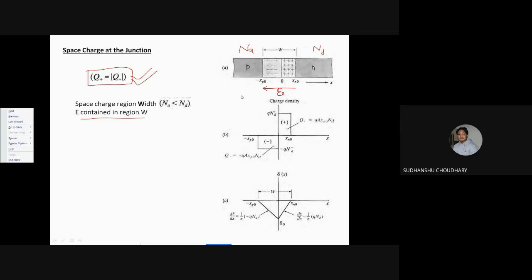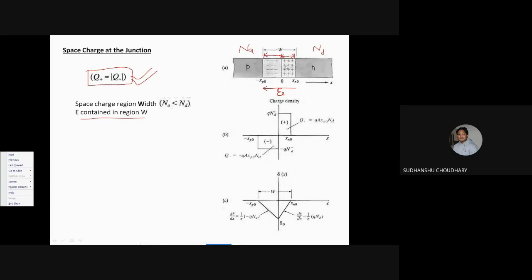Okay. So currently in this case, you might be noticing that the depletion region width on the n side is smaller compared to the depletion region width on the p side. So you are noticing here that the depletion region width on the p side is larger in comparison to the depletion region width on the n side. So that is actually controlled again by the doping concentration on n side and p side.